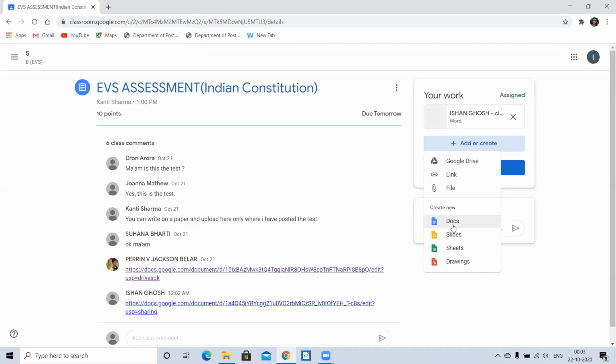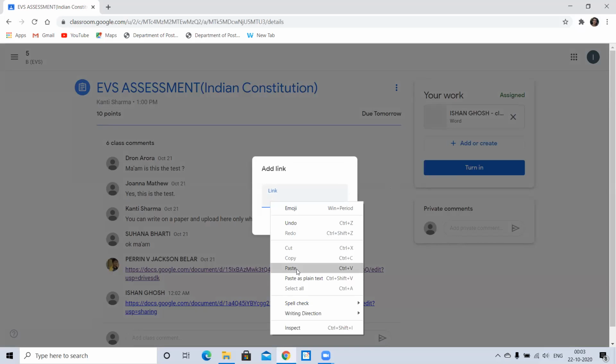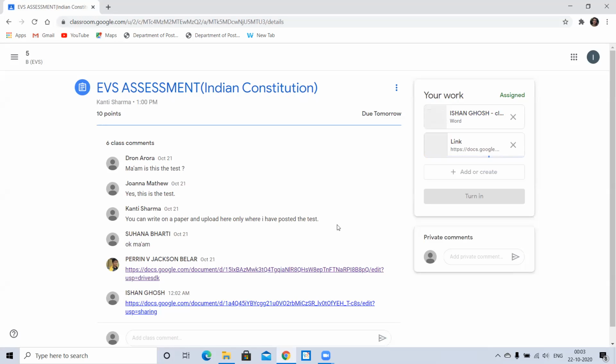But currently I've already attempted the answers in the existing document. So I can just click on this link and add the link here, which I picked up, and I say add link. When you want to give it by the links.